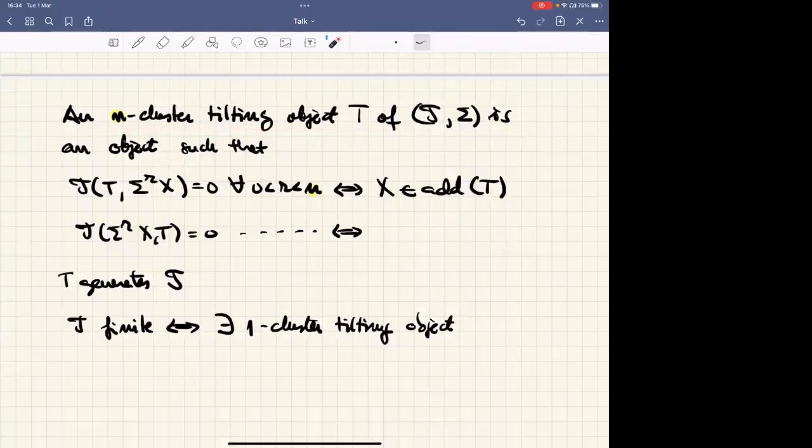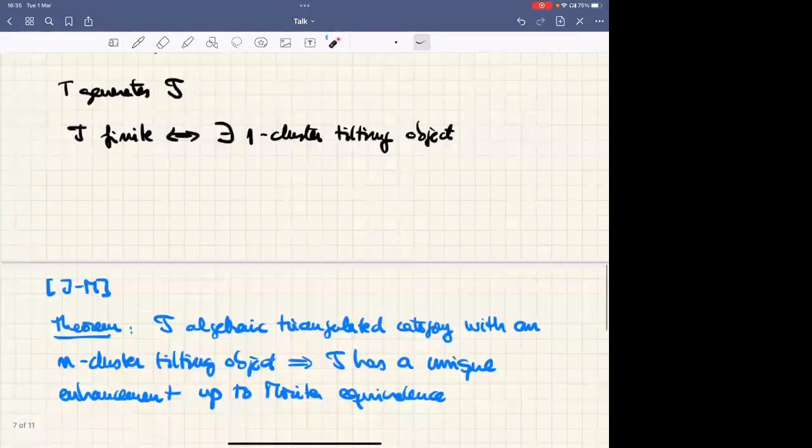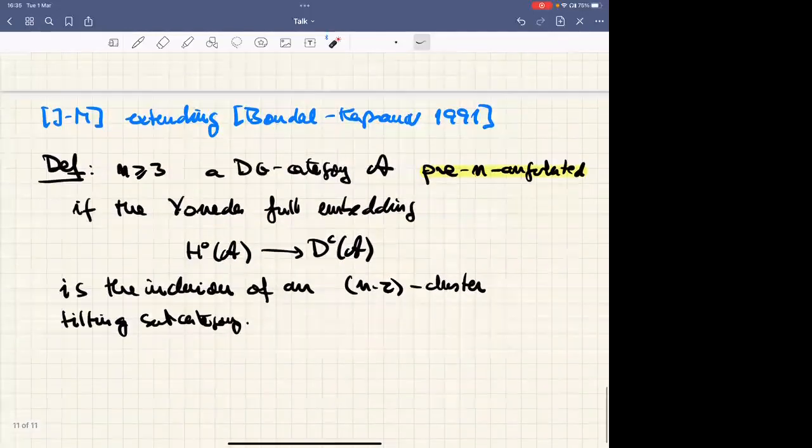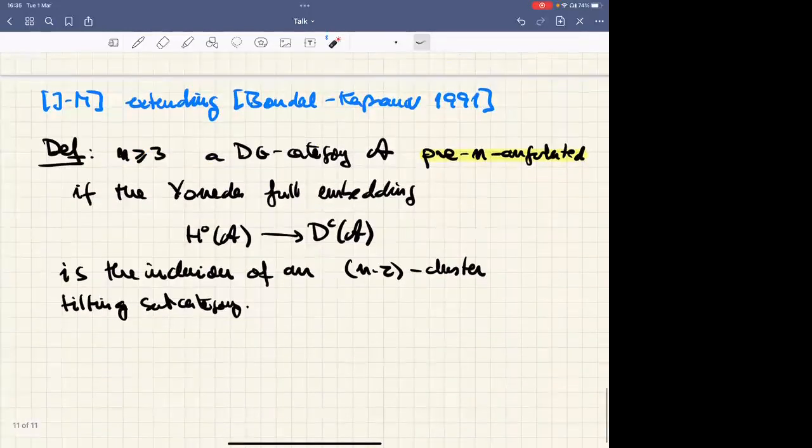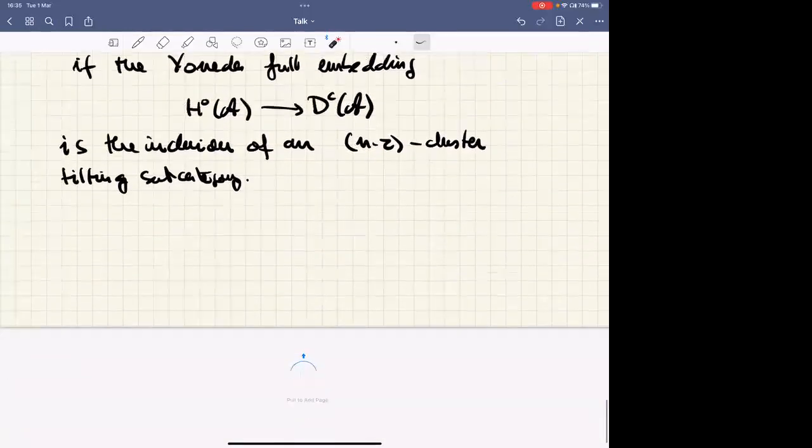It satisfies the same formal properties within T as the additive completion of an n-cluster tilting object whenever we have them. Again, beware that for n-angulated categories, we need n-2 cluster tilting objects. There is a shift there. We can't avoid it. We have to live with it. So now